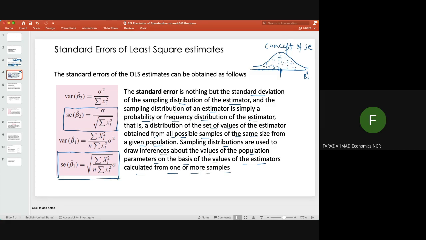So these are all possible values of beta 2 hat that you can get, right? All the values have been plotted here. There is nothing on the y-axis but the height. On the y-axis we have density basically,